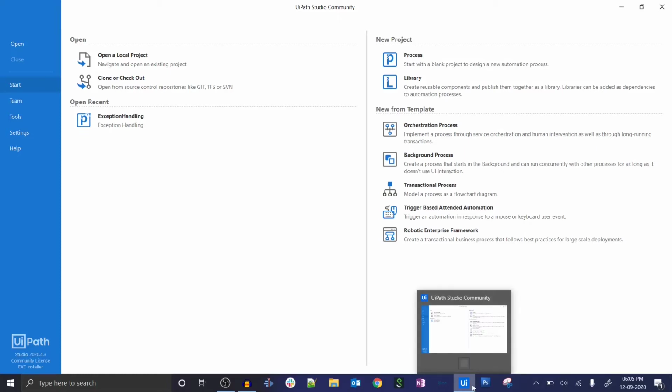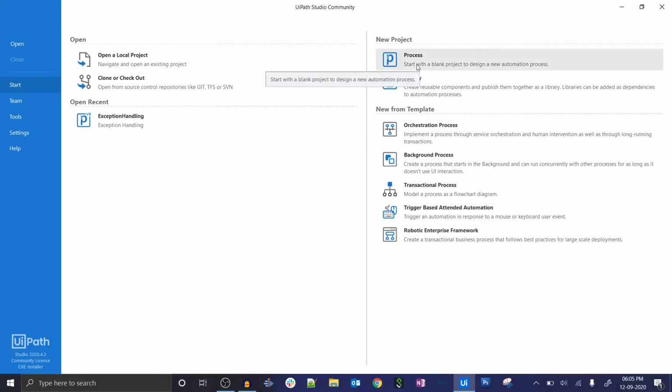So today we will see how we can handle exceptions in UiPath. Before proceeding, I will give you one scenario, one example of why we use exception handling in our program or in our workflow. So the basic idea to use exception handling is,